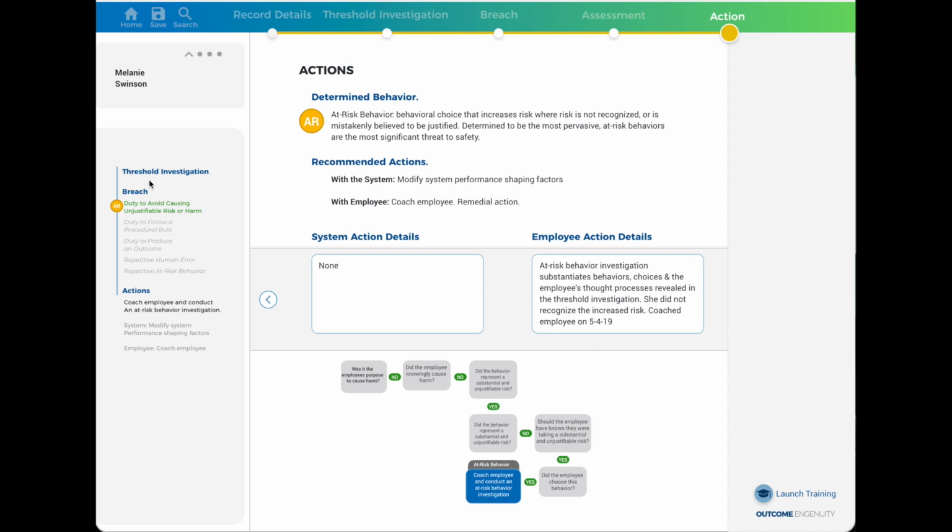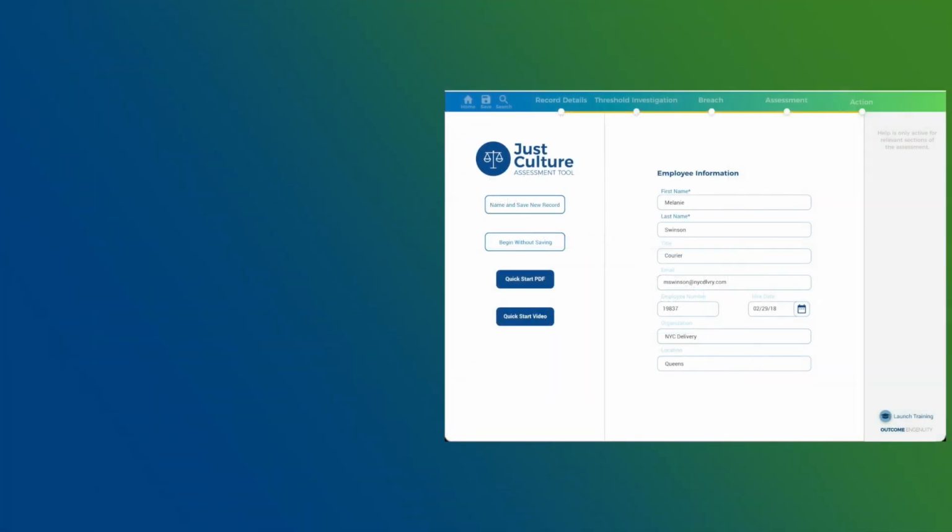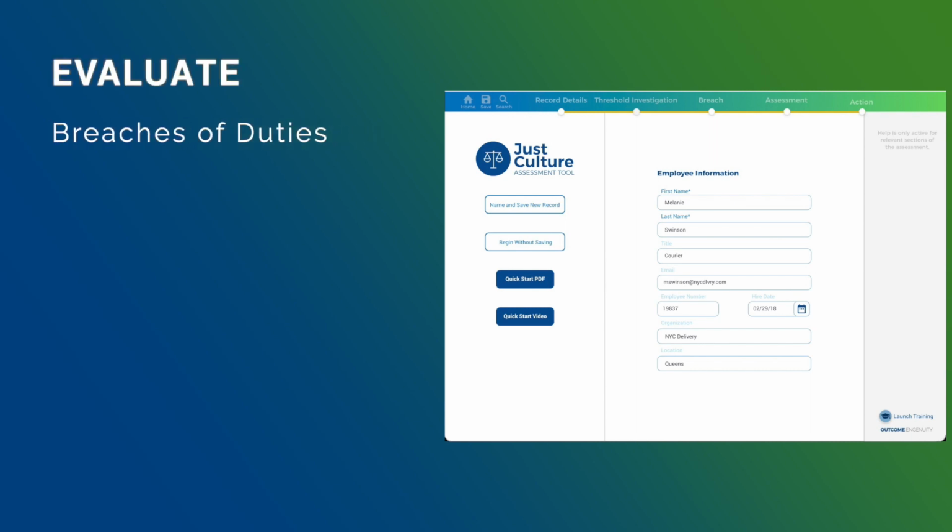Take note as well of the left panel showing that the threshold investigation has been completed. A breach has been completed for the duty to avoid causing unjustifiable risk or harm, as the determination of an at-risk behavior has been the breach. The actions. As every event may have more than one duty that needs to be assessed, that will represent here as well. You could have multiple duties assessed within one single event. So in brief summary, JCAT is both a practical tool to evaluate breaches of duties, evaluate the systems and behaviors